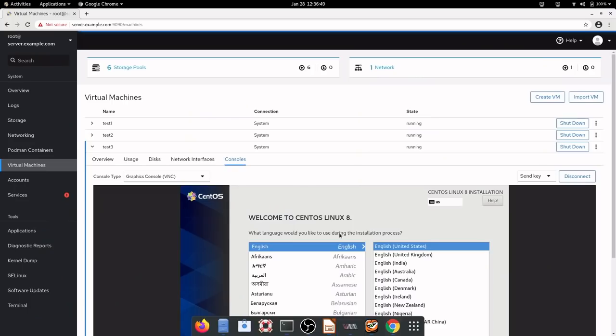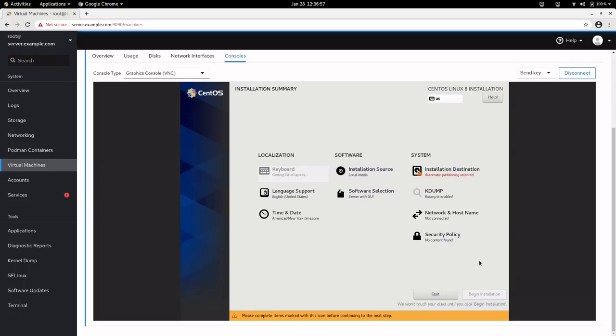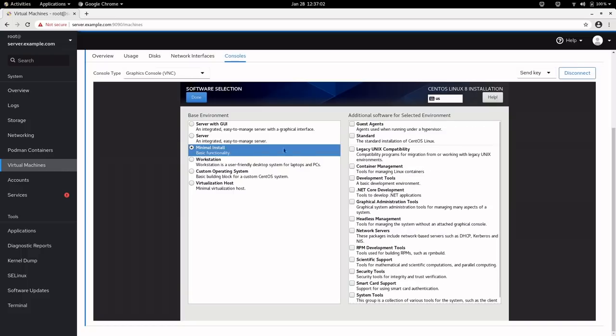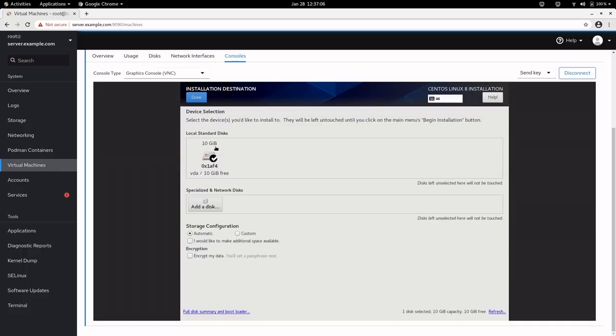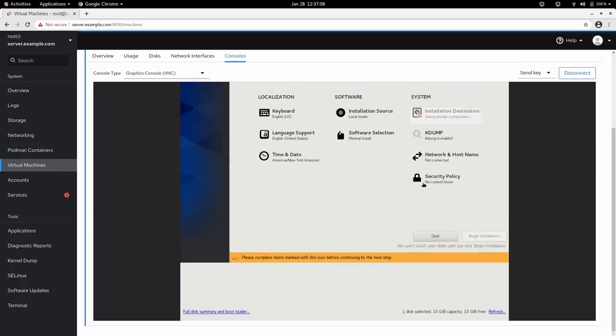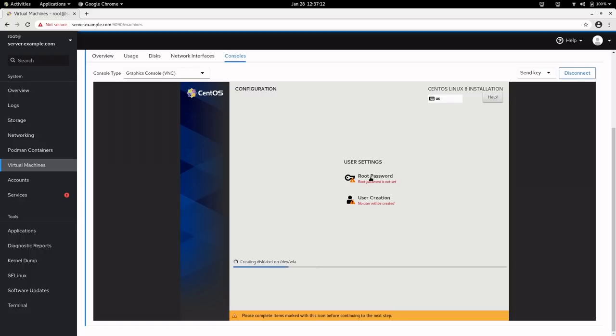Then we have this also. Let's start this also. So I started very quickly. I started 3 machine creation in so fast manner. No server with GUI, just for the testing purpose. So let's keep it minimum. Begin installation. Root password.